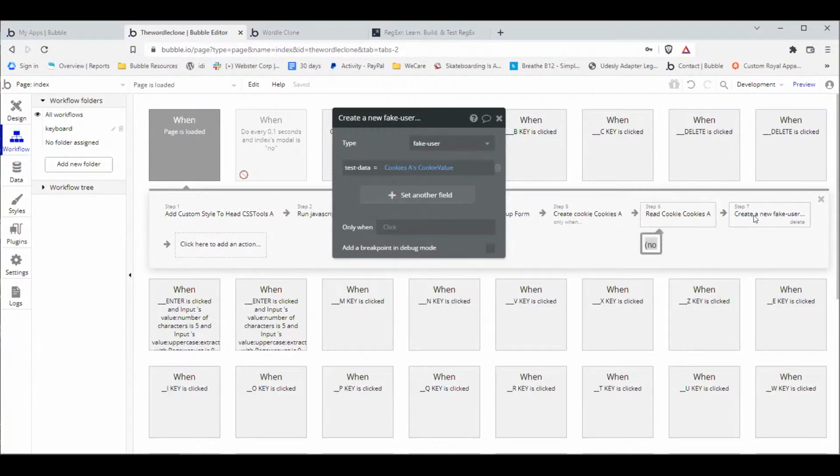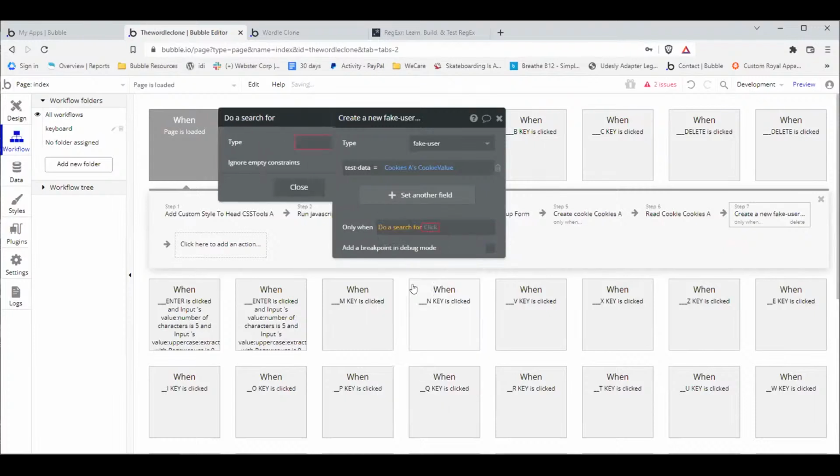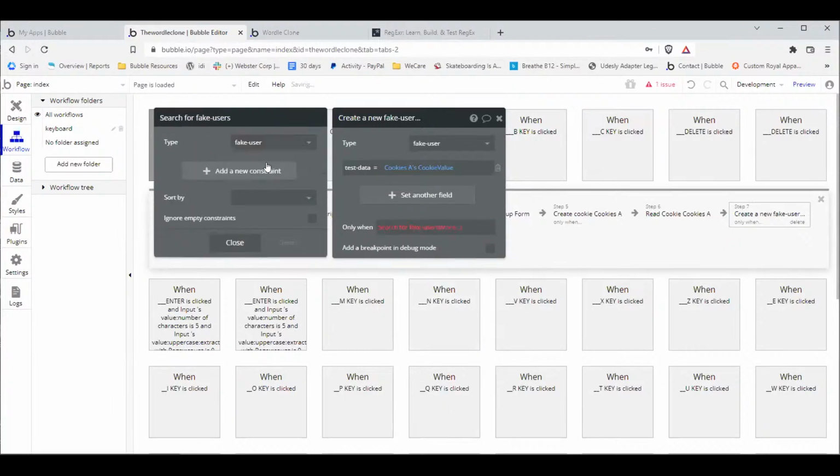This is cookie A. Yep. Okay. And then we want to, so we only want to create a fake user when one doesn't already exist with that same data, the test data field. That is correct. So only when fake user